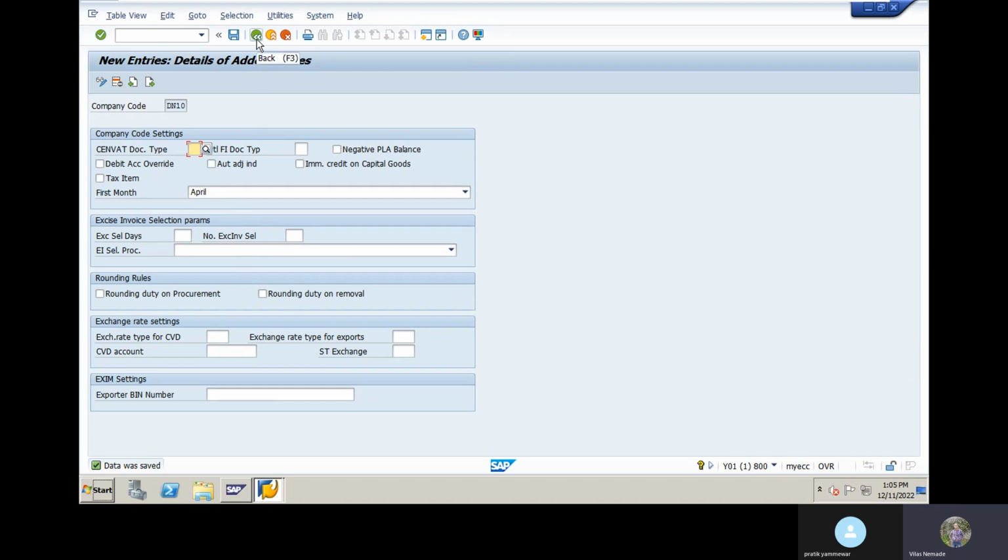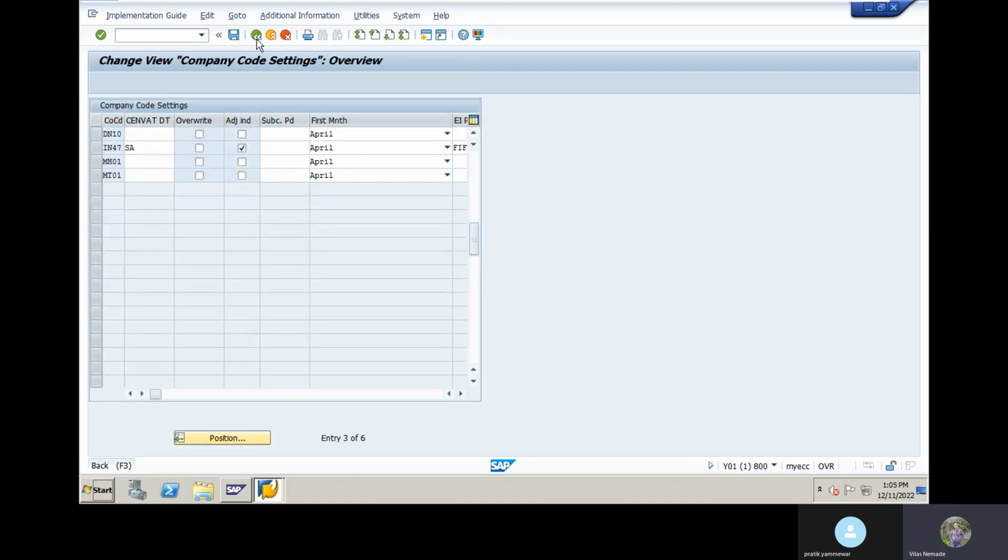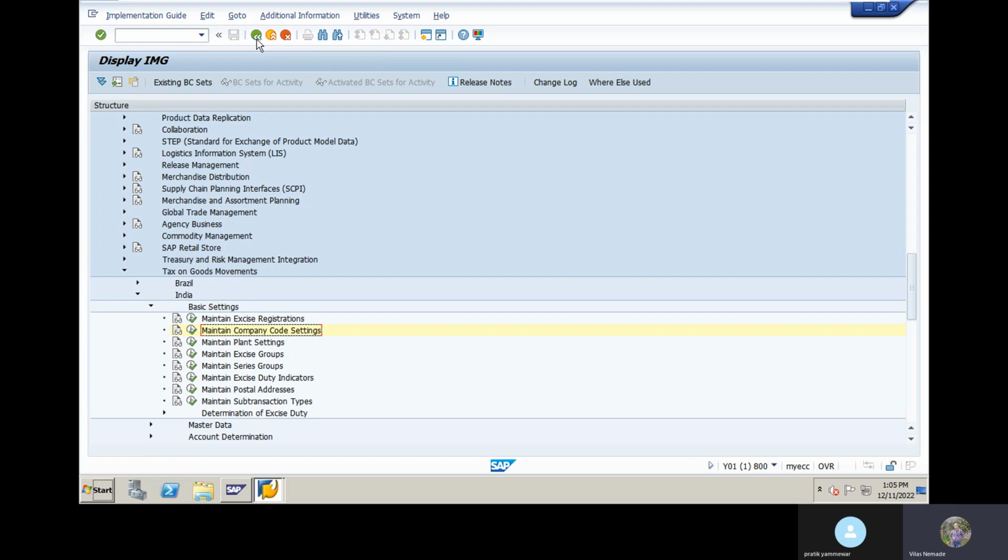Okay. Then the next step will be Maintain Vendor PAN Number. Maintain vendor PAN number. Without a PAN number, if you are deducting,